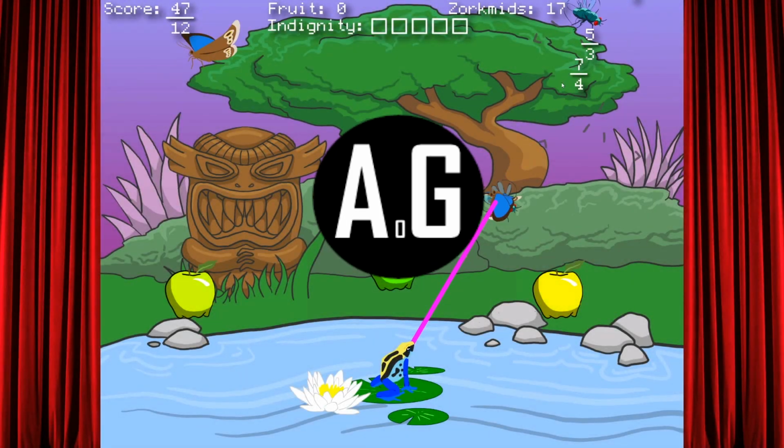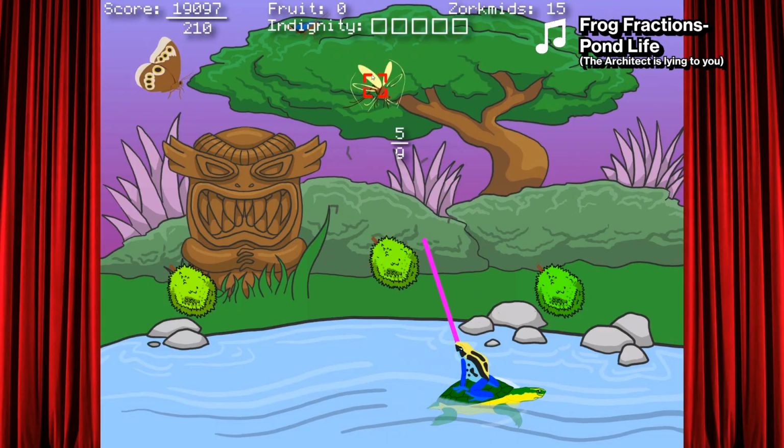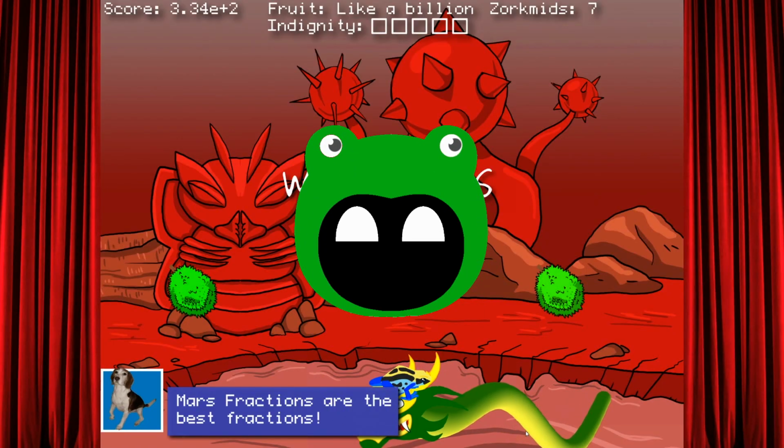Frog Fractions is a game about fractions. You play as a frog who's trying to defend his fruit from an army of invading bugs, taking the form of a Space Invaders style old school shmup. It's a classic setup, particularly for flash games, but the really interesting part of Frog Fractions, and what I want